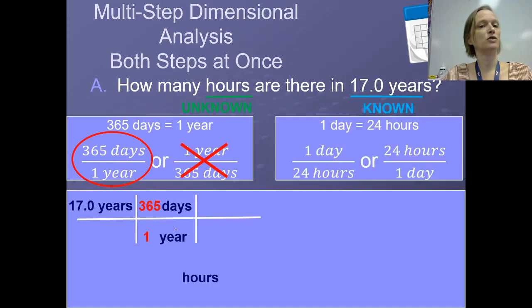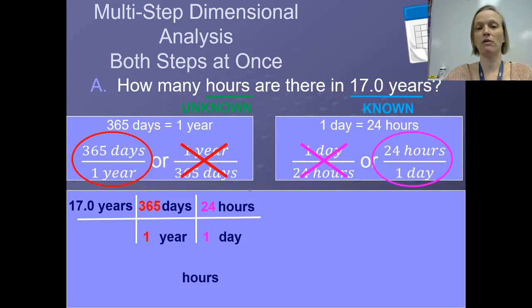How about my second conversion factor? 1 day is the same as 24 hours. Should my days be on top or should my days be down below? My days should be down below so that my days cancels out with my days. 1 is the number I write next to day, 24 is the number that I write next to hours. So looking at this,